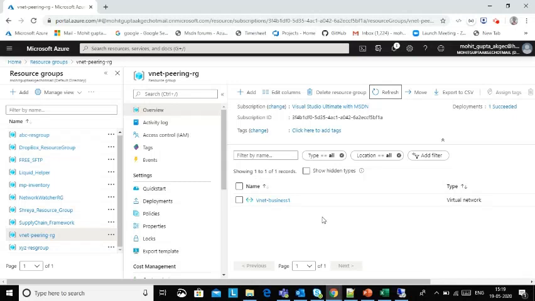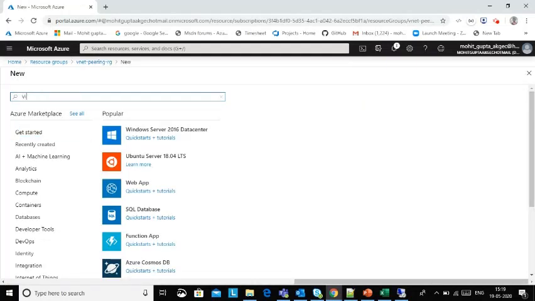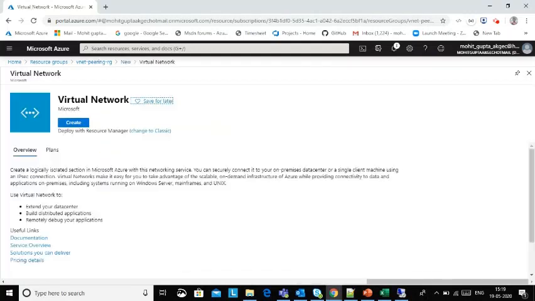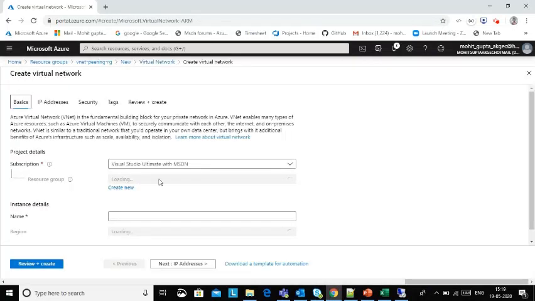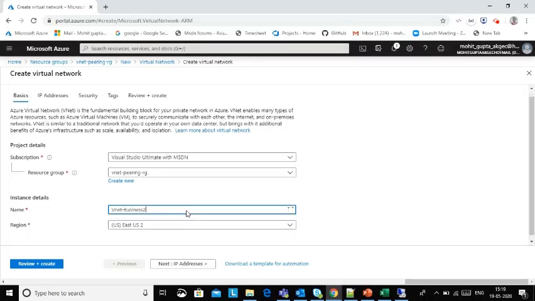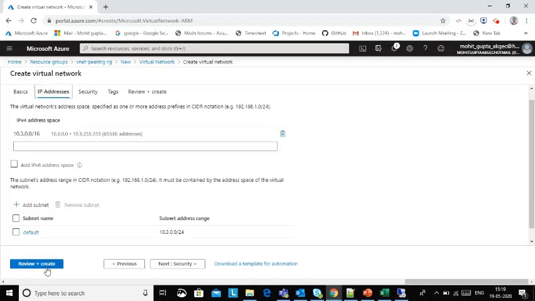Now I'm going to add another virtual network, that is VNet business 2, with the region East US and its IP address settings.